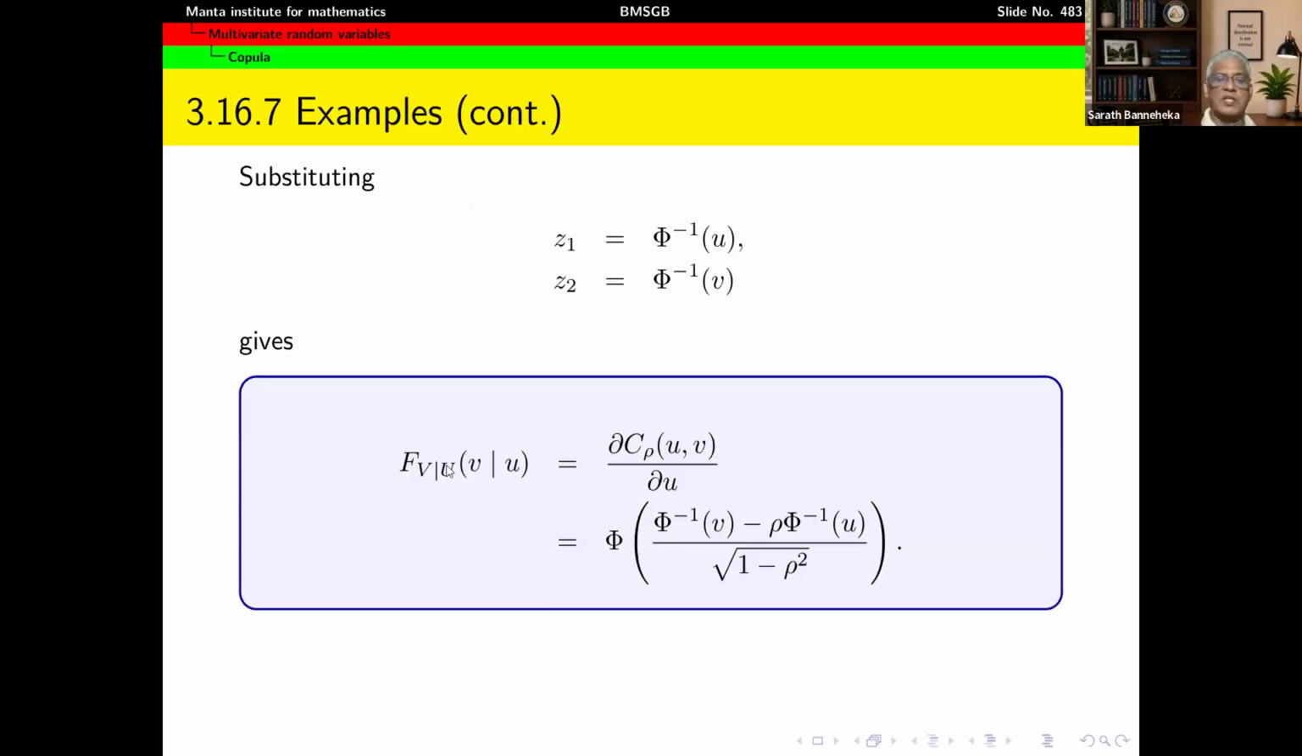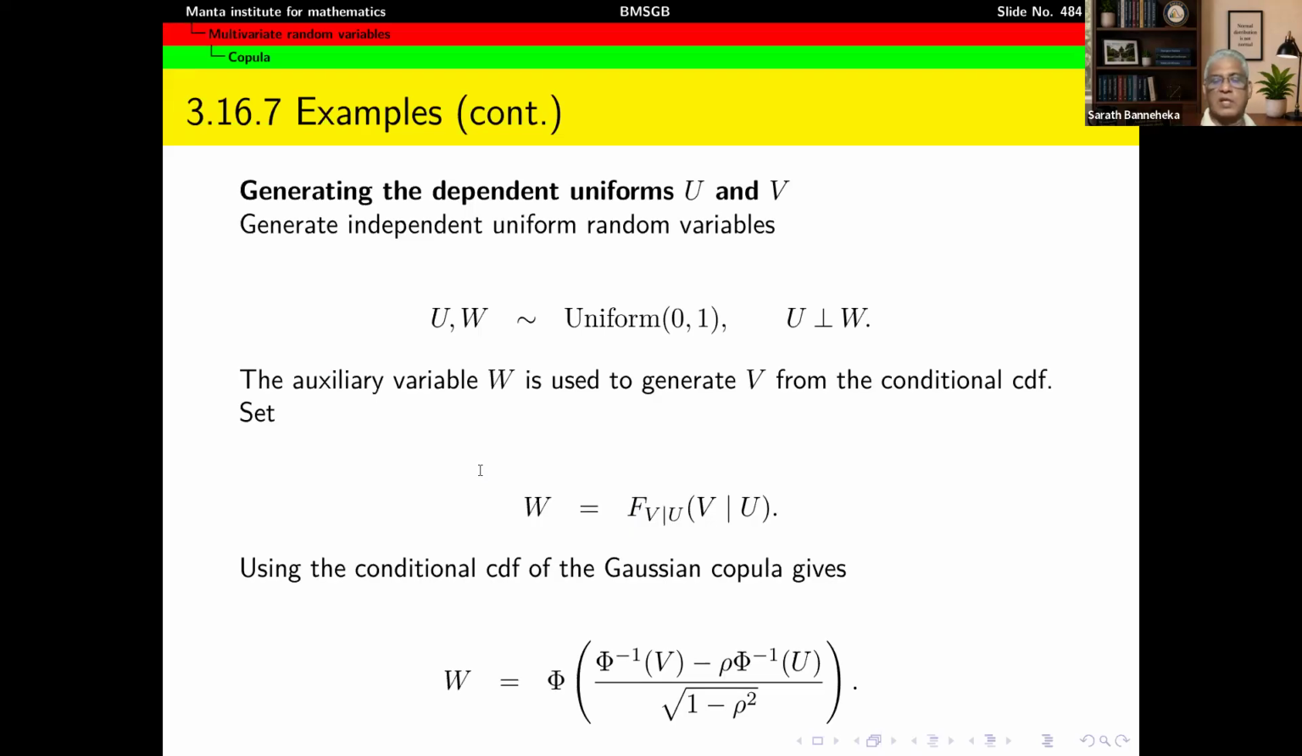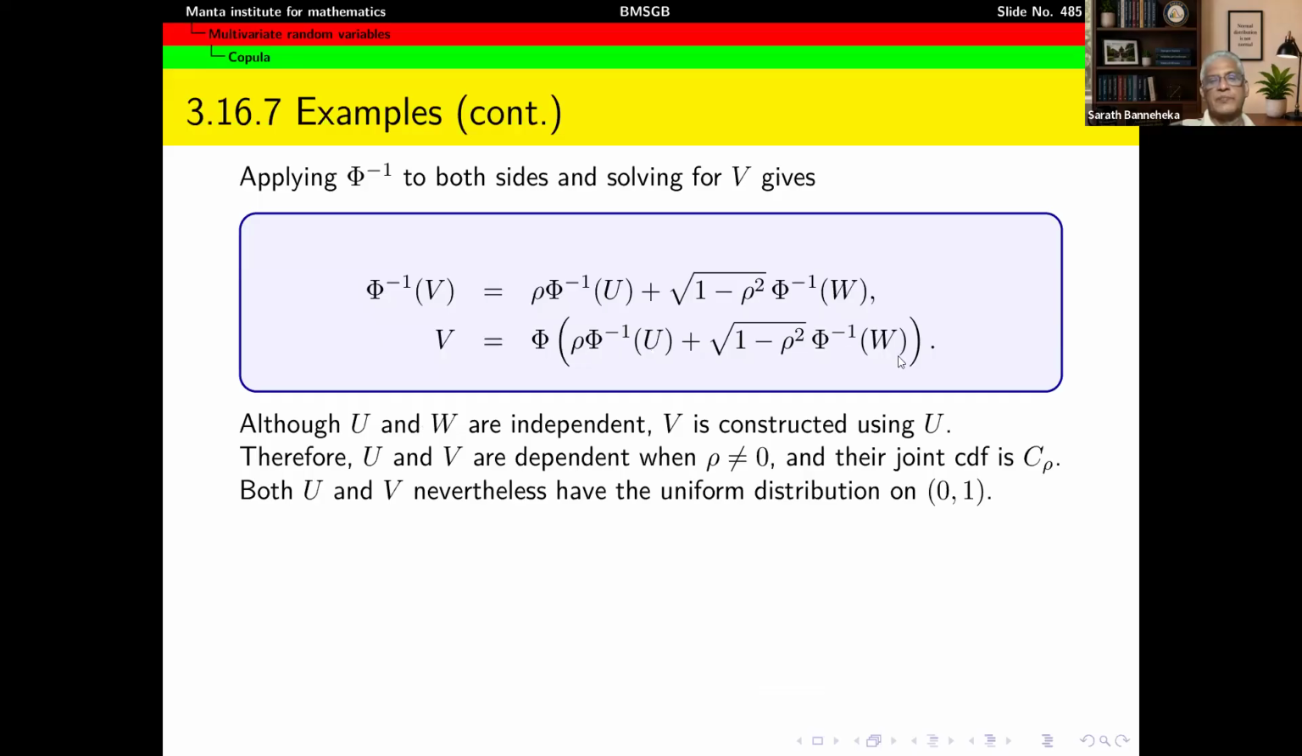So this should be an invertible function so that we can get an expression for v. In this case, we can get an expression for v like this. It includes u and w. So when we use u and w to get v using this formula, that v will be